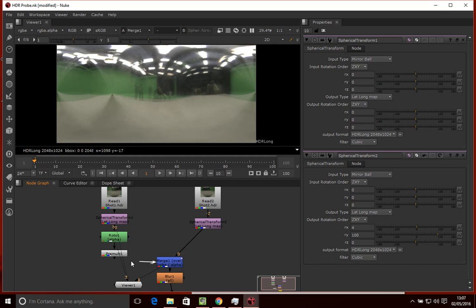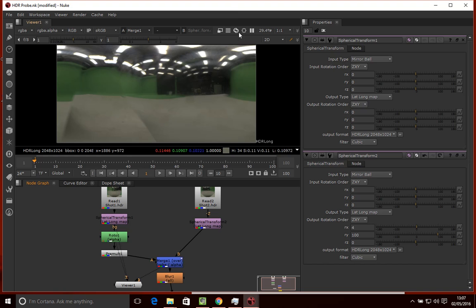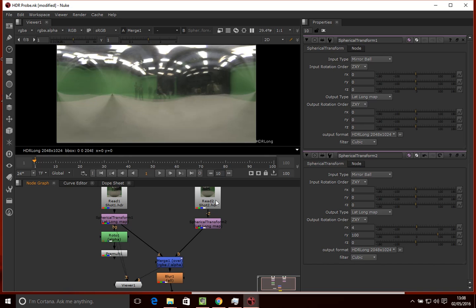What we want to do is merge from here, so that we can actually roto out some of one image over the top of each other. I'll explain that in a bit more detail. So if we look at the two images separately, I've just roughly aligned them now, but if we look at the two images separately,